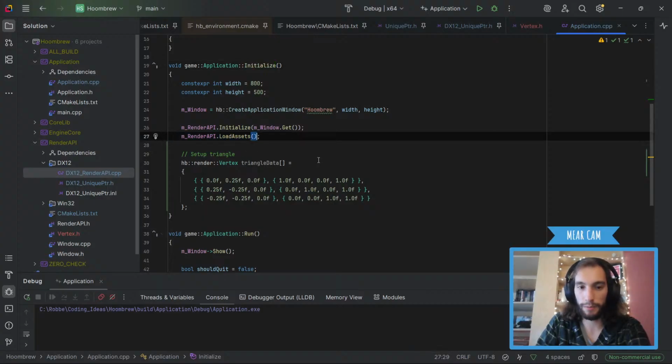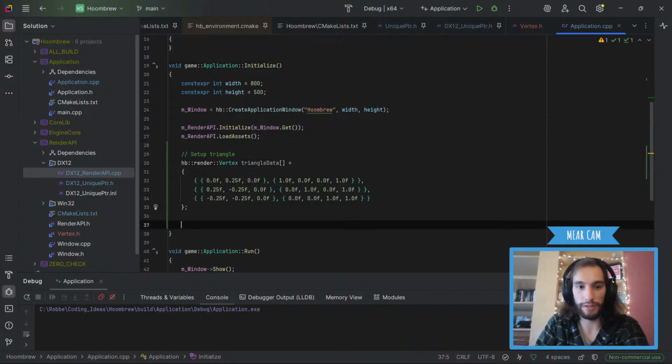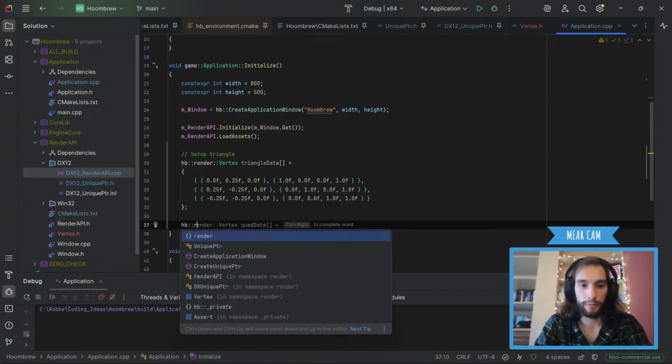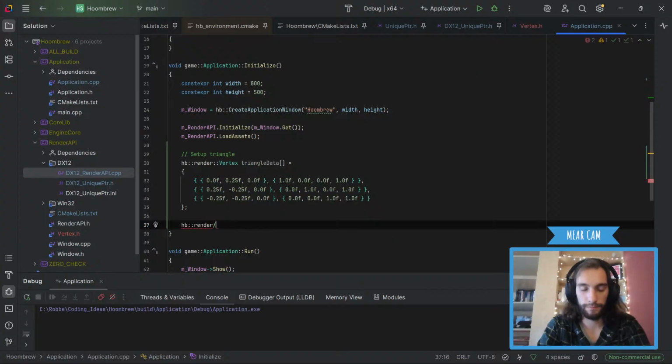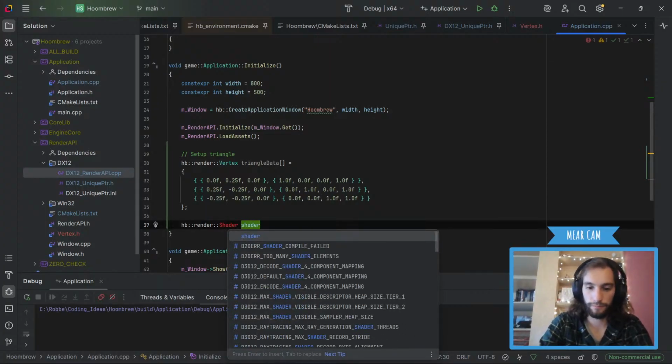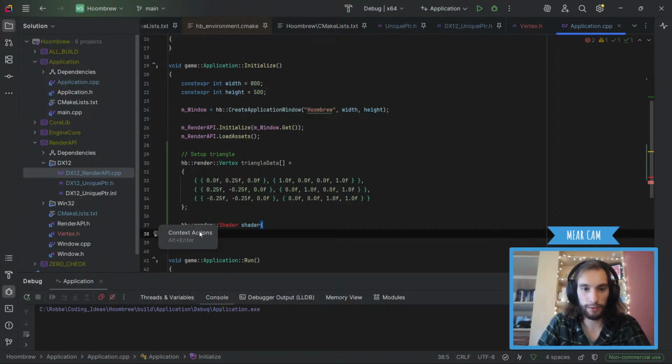That will not be the case, but we'll make that, and then we're also gonna make a render shader. And we need to actually create all of this.